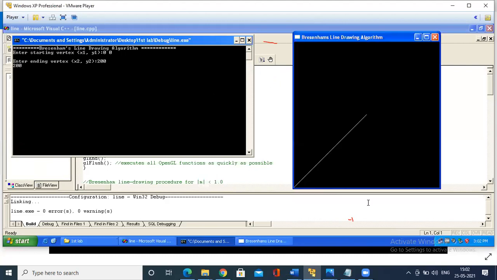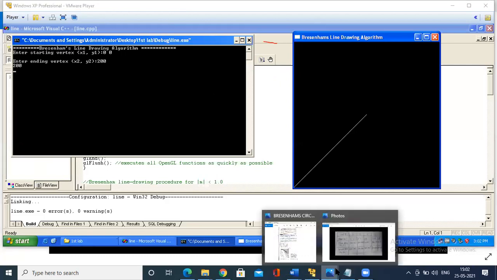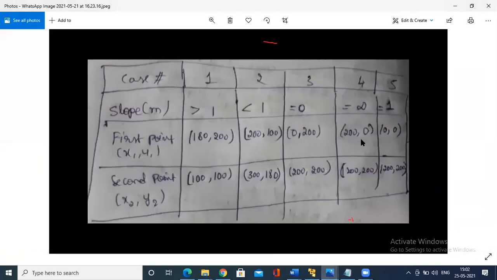See, the line will be like this. Similarly, you could try this one. A vertical line will be drawn for 200, 100.